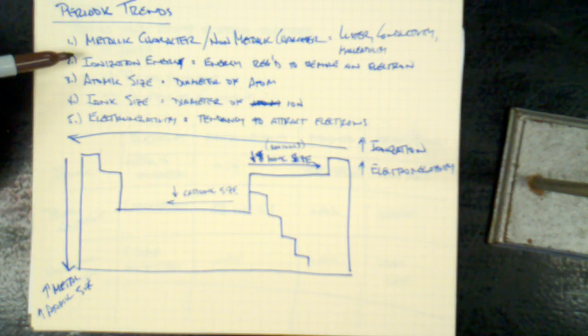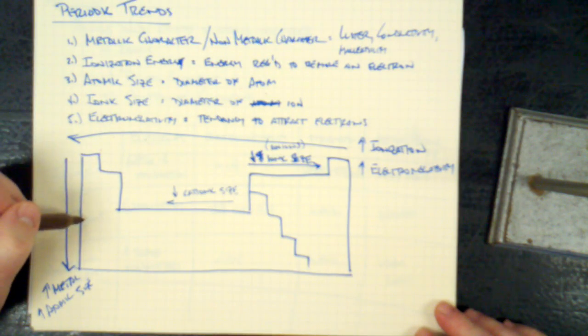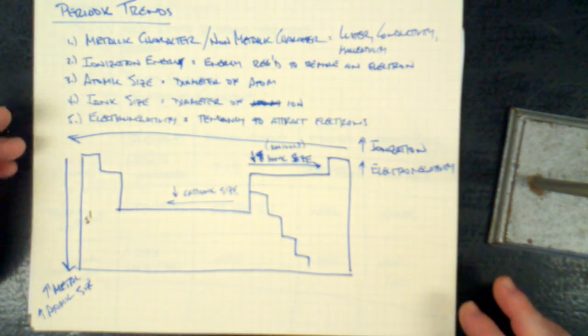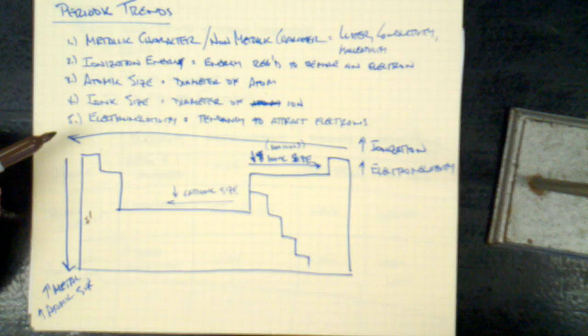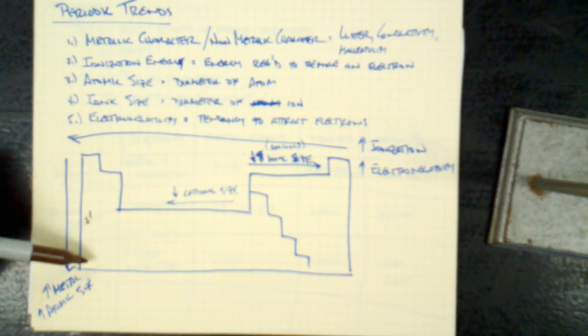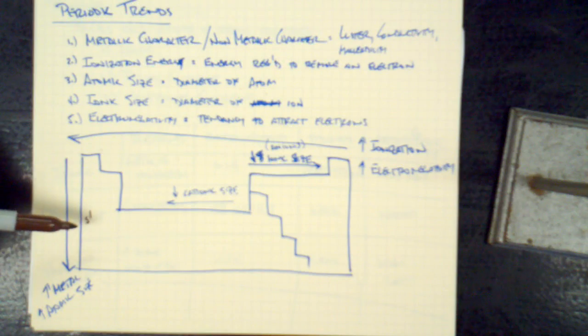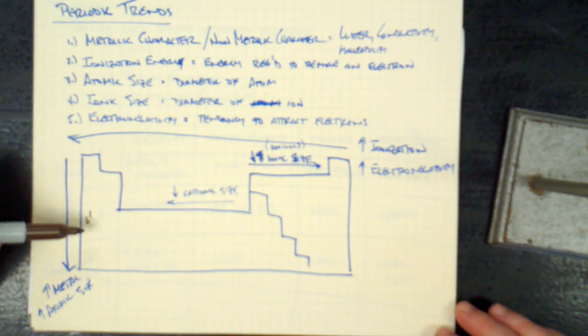Ionization energy is the energy required to remove an electron from the element. Over here we have single electrons. These are all S1s, all by itself. That one electron is shielded by all the others and therefore is easily removed because it's like one lone antelope being chased down by a pack of lions. The bigger that atom is, the further away that electron is and less pull there is from the nucleus. So therefore your more reactive ones and your